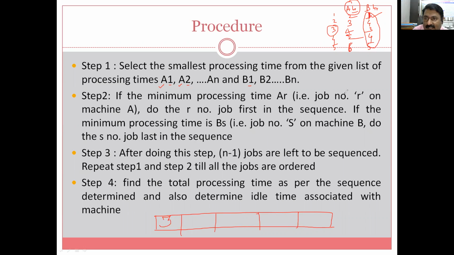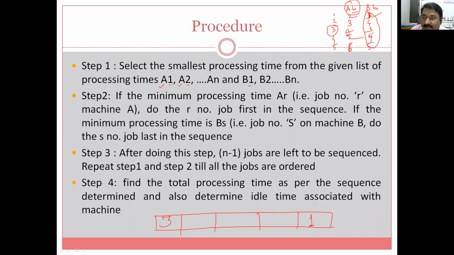If this is less, then this operation should be taken last in the sequence. So if the minimum processing time is from machine A, it will be taken first. If the minimum processing time is from machine B, it will be taken last.